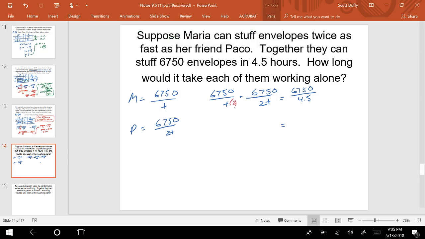Multiply both the top and the bottom by 2 over here. So that 2t is the new denominator, and you have